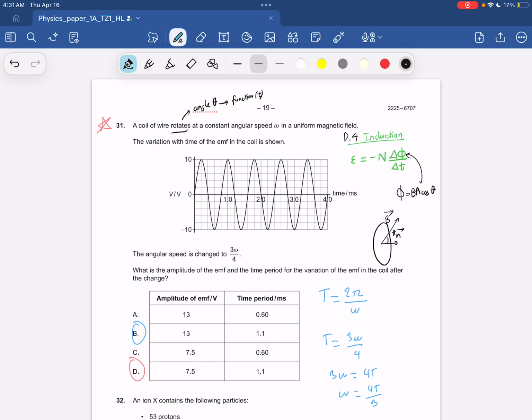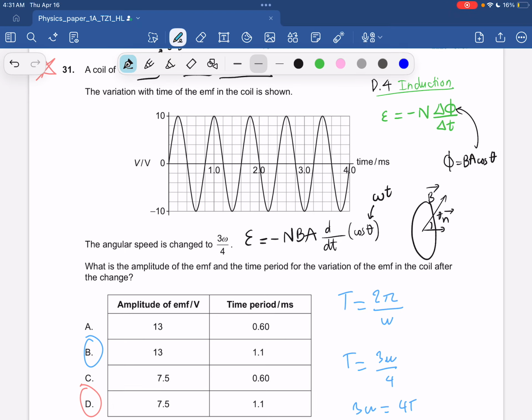That's why the electromotive force turns out to be minus N. I will keep B as a constant out front, and the area as a constant as well. Now this just becomes the derivative over time of the cosine of theta, which is a function of time measured by the angular speed times t. Here we have a constant angular speed, so omega stays the same. If you have learned about derivatives from math, or we can just take the result of this one, you will have it equals